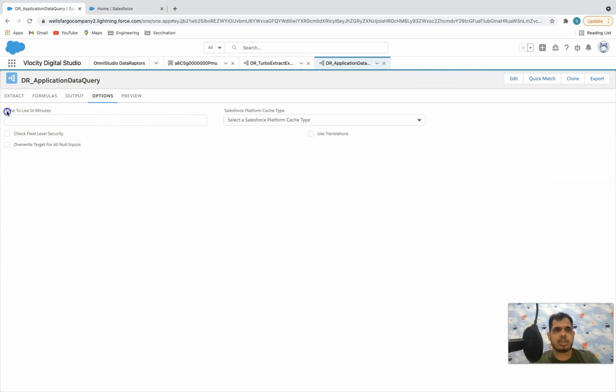So the first thing is time to live in minutes. So basically what you can do is you can use the cache, and you can store the result data into cache, right? So you can also specify for how many minutes the cache should be sustained. Okay, then we can tell which platform cache we want to use. As you know, we have two types of cache memory: the session cache, which is just for a particular session, and then the org cache, which is shared across the users, right? So whatever type of cache we want to use,